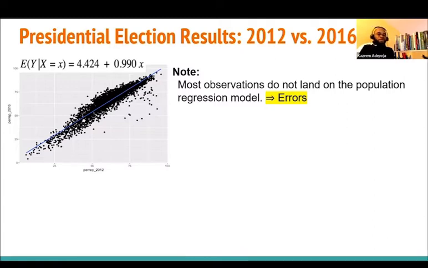Today we're going to go into assumptions, and assumptions revolve around errors. The question now is, let's see whether we can observe any error here. When you take a look at this graph, you're going to see some black dots that deviate away from the line. The fact that the black dots are not all on the straight line means there's an error.